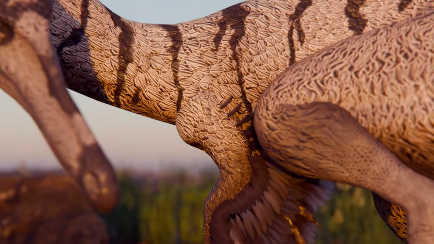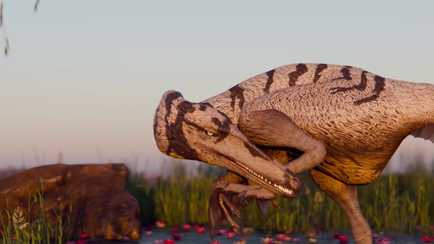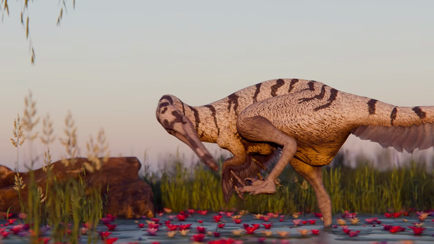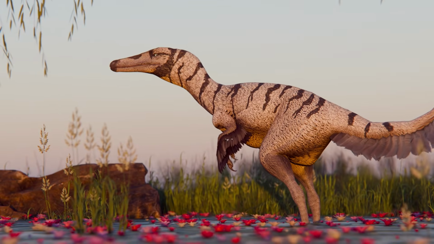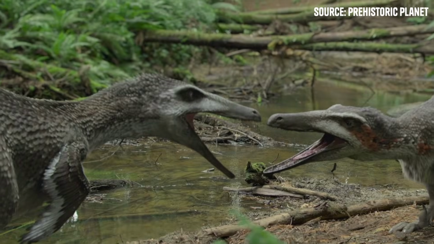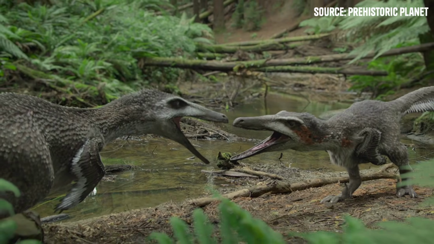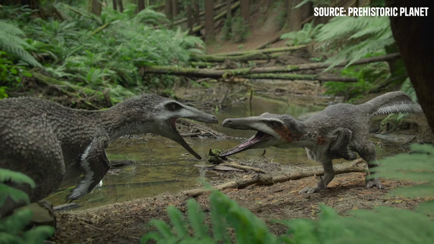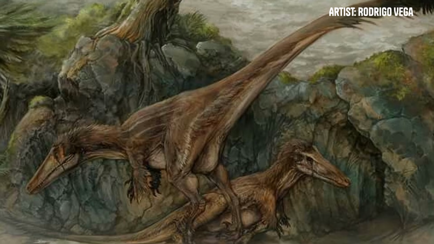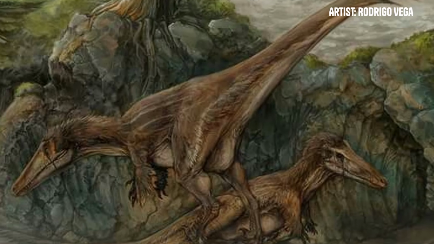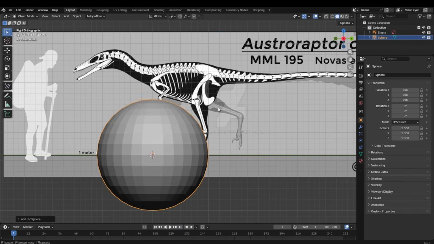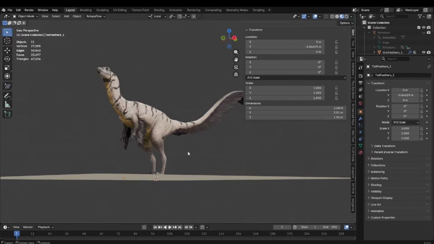Meet Austroraptor, the long-snouted Dromaeosaur from Argentina's Allen Formation. This extremely underrated raptor roamed the swamps and marshes of what is now South America from 76 to 68 million years ago. Join me on a journey back in time as I reconstruct a feathered dinosaur from a sphere to a